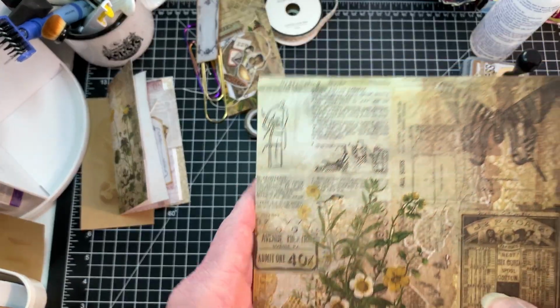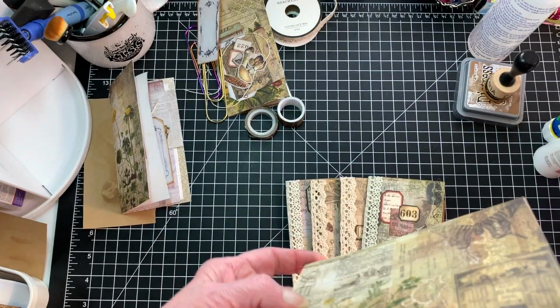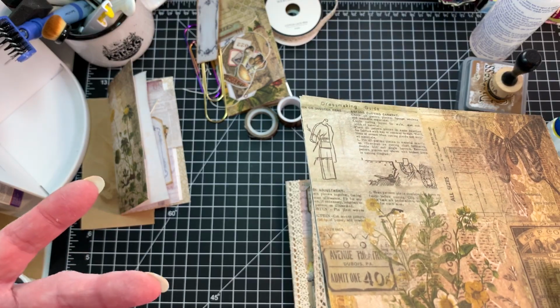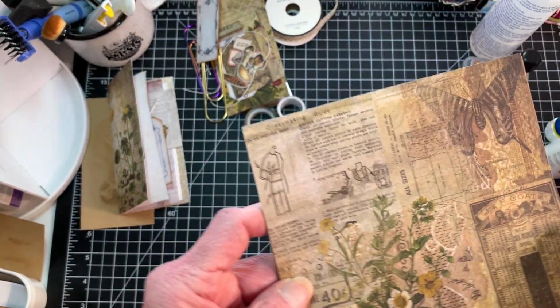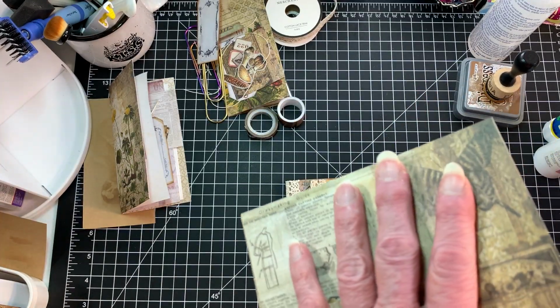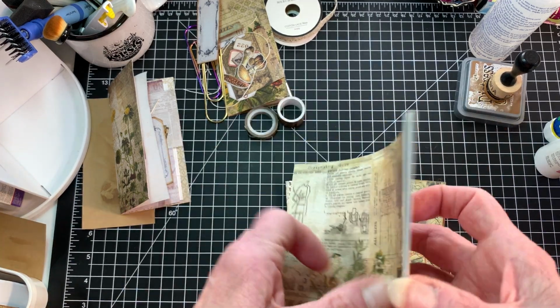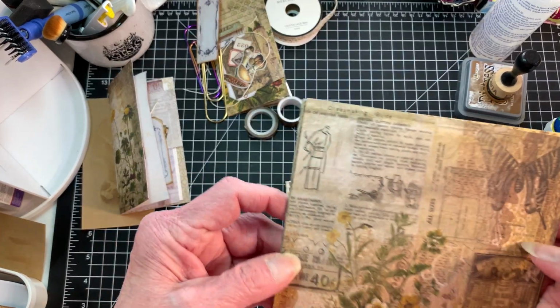Okay, now, I was just sick of having all these and didn't want to waste them and kept thinking, what can I do with them? And then I was like, well, just use them for embellishments. Everybody loves his paper. And so I thought I'd do a small series on different ways to use this. Now I have a couple more left here. This is just a small portion of the ones I have, but it's the ones I pulled